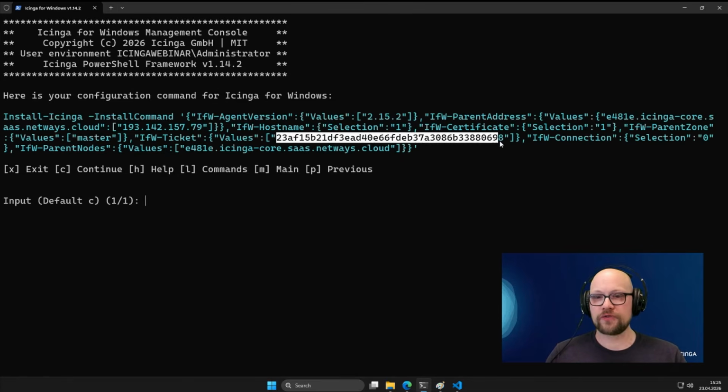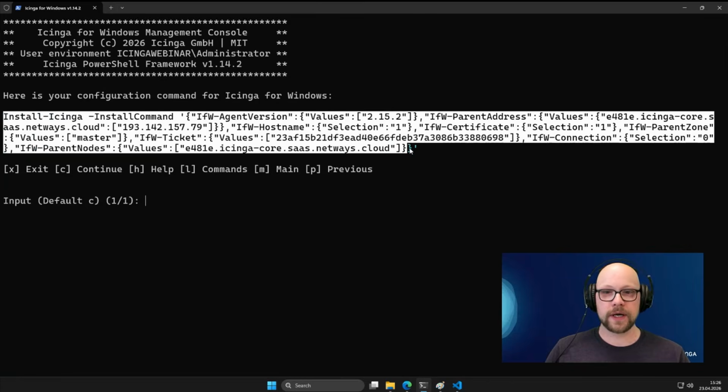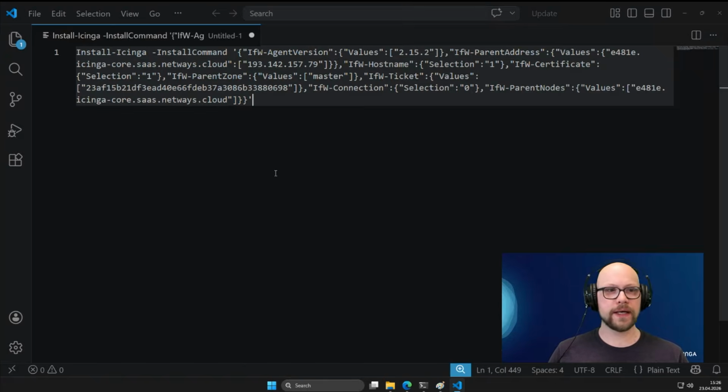which is, quite frankly, not that great of an idea because the ticket will not match in that case. But for example, if you know the ticket, somehow you fetch the ticket beforehand from your automation process, you can place it here in this JSON installation command, or you can use the Icinga Director, which we'll do later on, which will do everything for you and you don't have to care about anything. So I can simply copy that. I store it for later somewhere now,